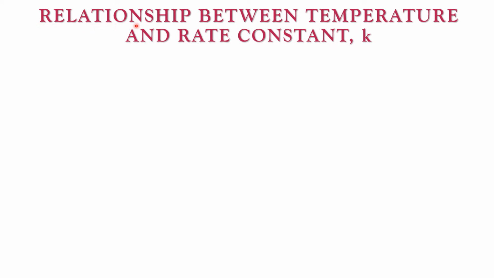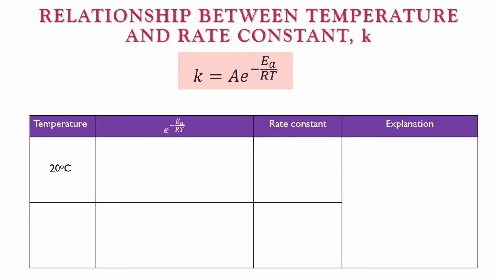Now, let's discuss the relationship between temperature and rate constant K using Arrhenius equation. The first reaction is conducted at 20 degrees Celsius. The second reaction is conducted at 30 degrees Celsius. Perubahan suhu ni kita buat untuk melihat hubung kait antara suhu dan juga nilai rate constant K. Apabila temperature berubah daripada 20 degree Celsius kepada 30 degree Celsius, nilai constant A di sini tidak berlaku perubahan yang terlalu signifikan. So, untuk melihat perubahan rate constant apabila suhu berubah, kita akan tengok kepada value exponent negative EA over